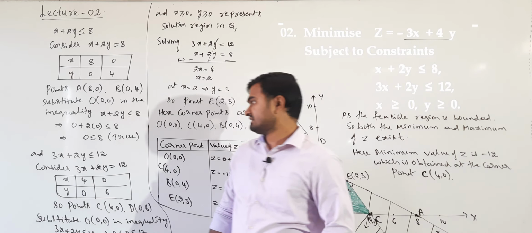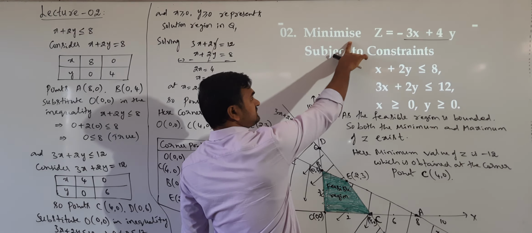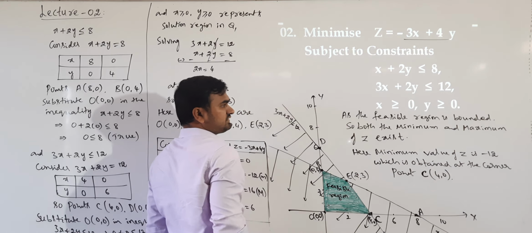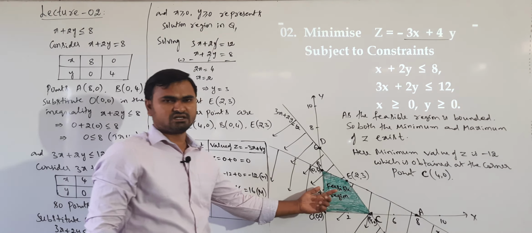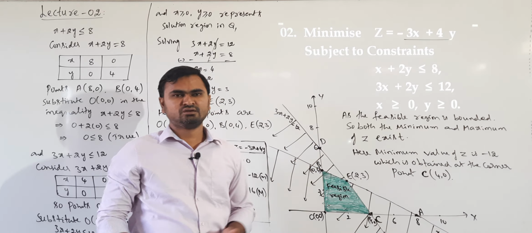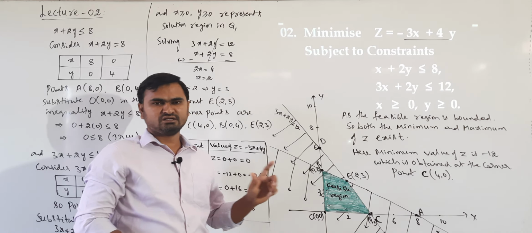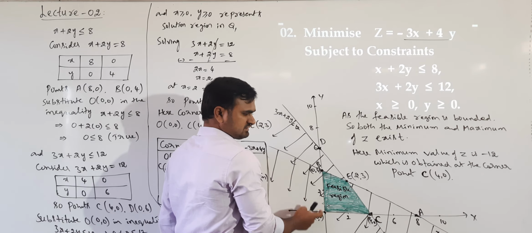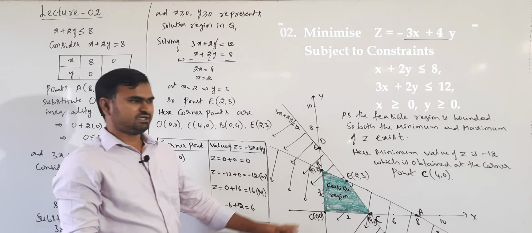Again, let us see the working method. Some objective function will be given, which you have to minimize or maximize, and some constraints will be given. The first step is to draw all these constraints or linear inequalities in the graph and identify the feasible region, that is, the common region satisfied by all the inequalities. After identifying the feasible region, you have to determine the corner points. Corner points are nothing but boundary points. Some will be visible directly, some we have to find by solving the lines.